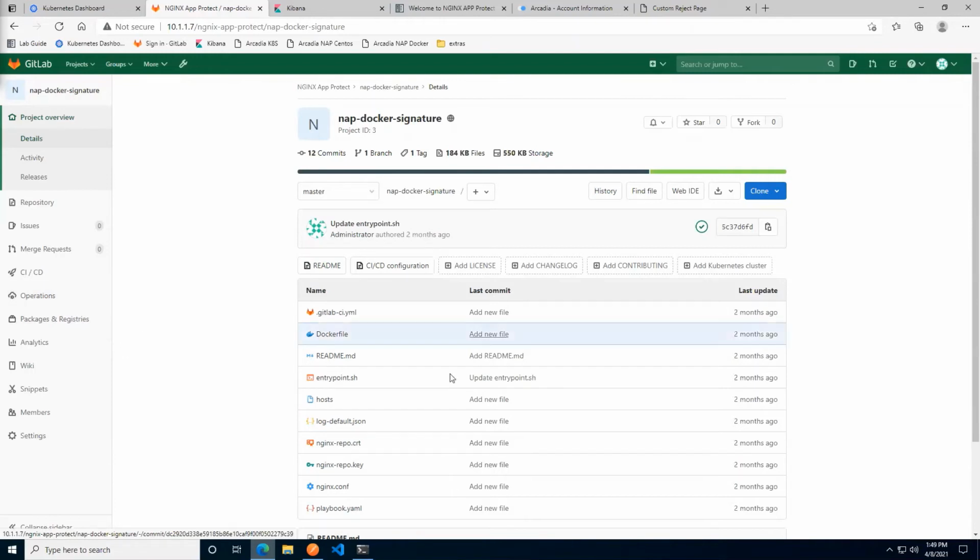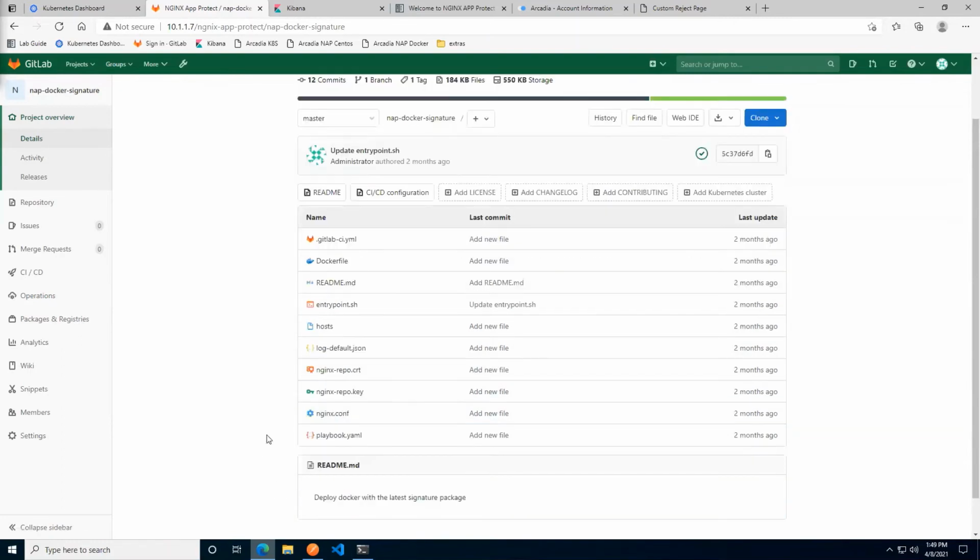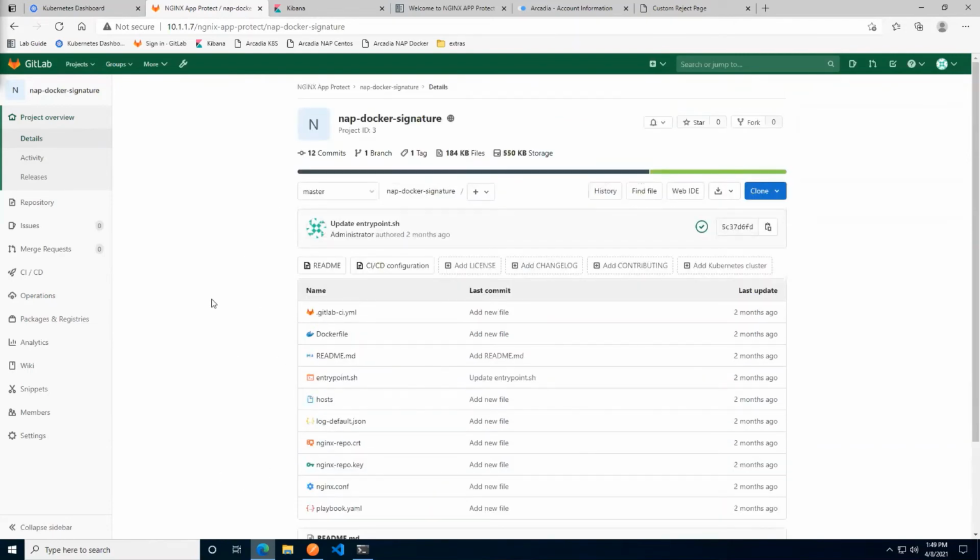So the next step is to avail of all of these things. You see the repository contains everything that we were dealing with earlier: the entry point.sh, the certificate and the key, the log file, the Nginx conf, and playbooks and so on. It contains everything that we were dealing with when we were creating the Docker images manually through the Docker build command. Now we're going to make sure that it gets automated. We can start by verifying real quick what the current signature is. I think it was yesterday's date, but we can have a look.